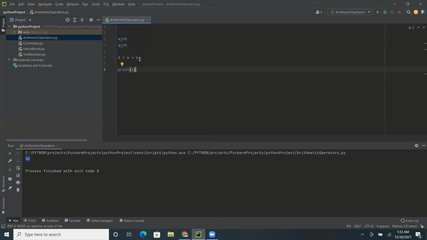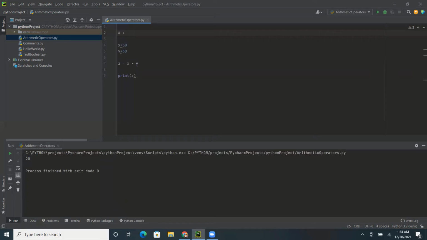Next one is subtraction. So instead of this operator, if we use minus, this will be a subtraction operator, and we can again run it and see 20. As we learned comments in our previous chapter, we can write like this.